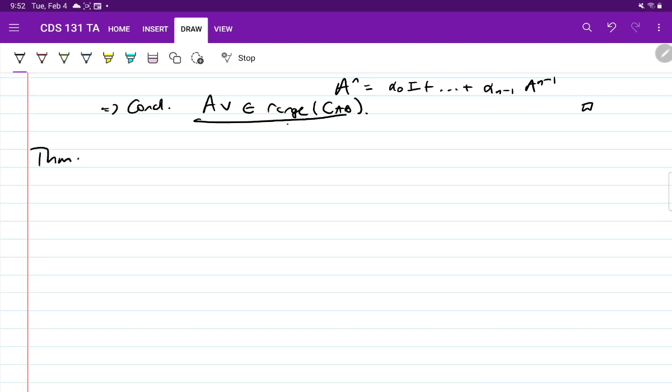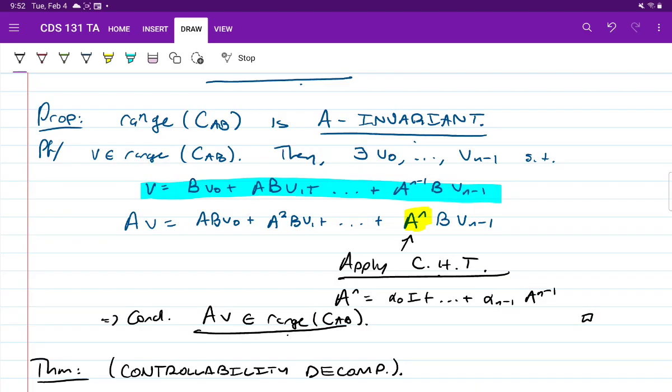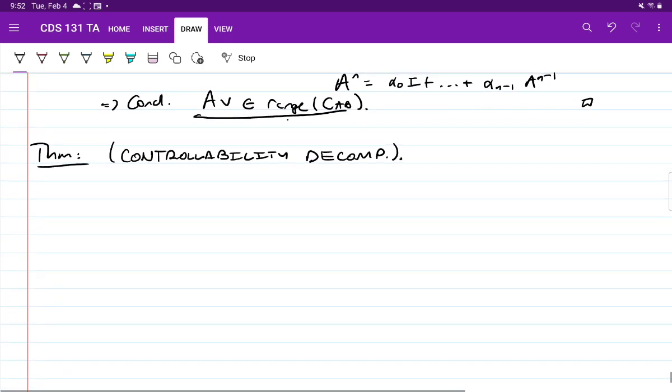It's going to be a theorem, which I'll call controllability decomposition. Okay. So what I'm going to do now is use this controllable subspace and this proposition, which we just proved, to split up my space into a part which we can control and a part which we cannot control. All right? Okay. So let's consider an LTI system